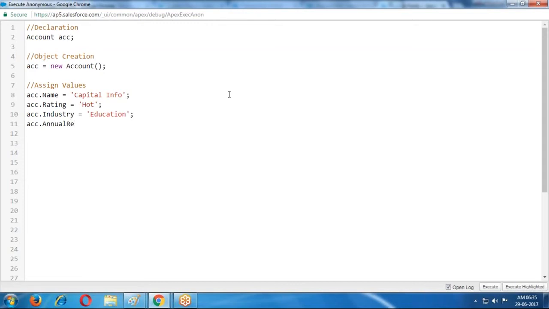Don't use the spaces. For labels we have spaces, but for names, field names, there is no space. Annual revenue, some amount. Now saving the record. How to save? Insert